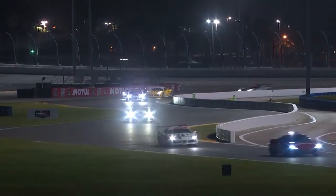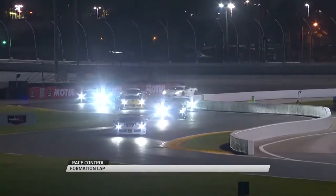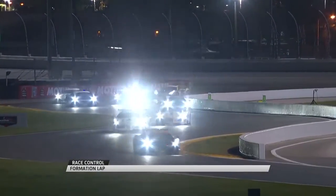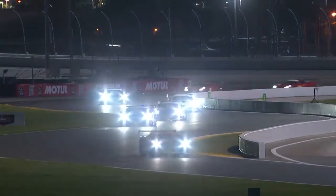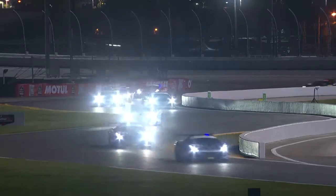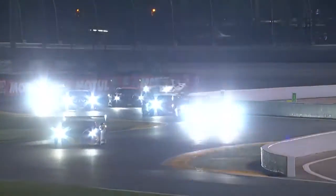Well, my heart's beating, waiting for the green flag. I can only imagine the tension that's going through these drivers. My partner in crime, as always, Greg Creamer. What can you say about this place? Well, Dave, it is an amazing venue to be sure, and it is big time, no question, when you're at